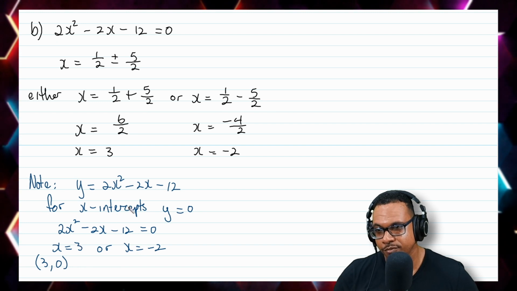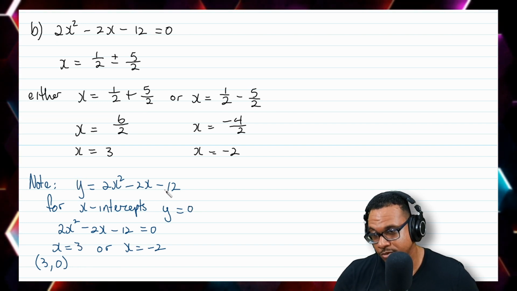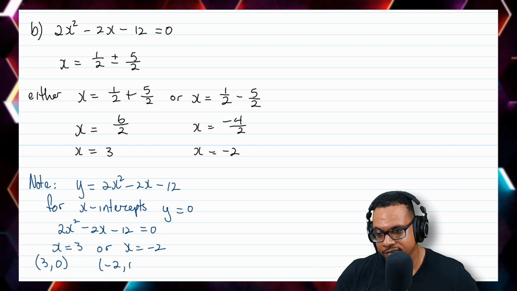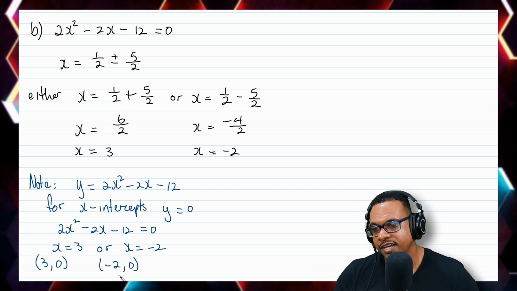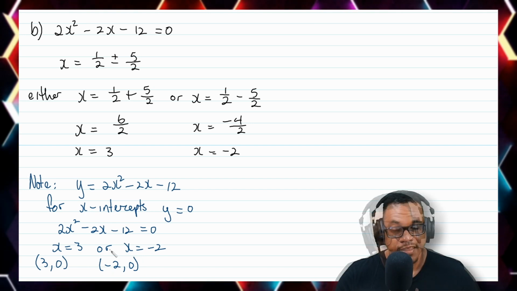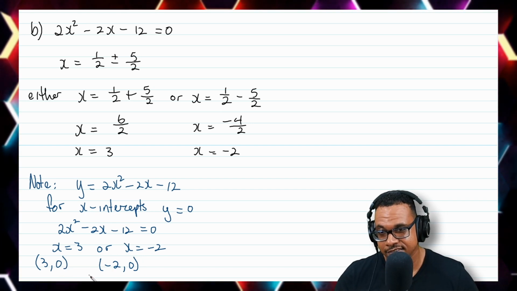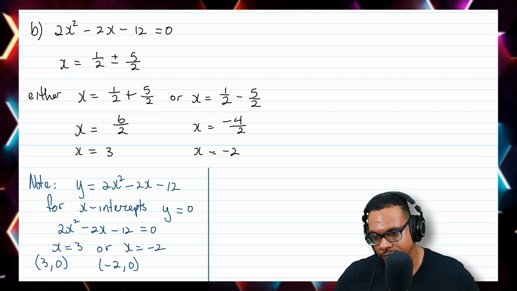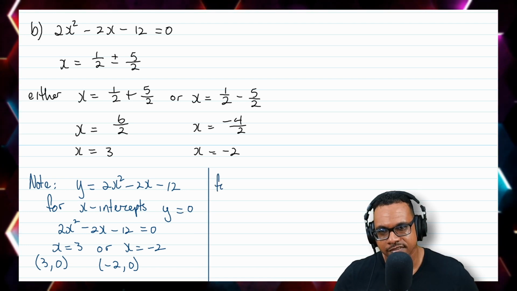Because how do you get this 3 when y was equal to 0? And of course, on the other side, we'll have negative 2 and 0. And these will be your x-intercepts on the graph. And that will be where your graph touches the x-axis. Now, for the y-intercept, I'll just demonstrate it here again. So now I'm going to put, for the y-intercept,